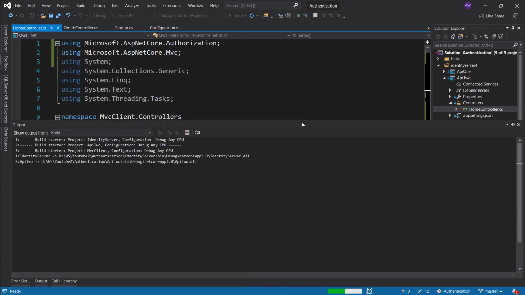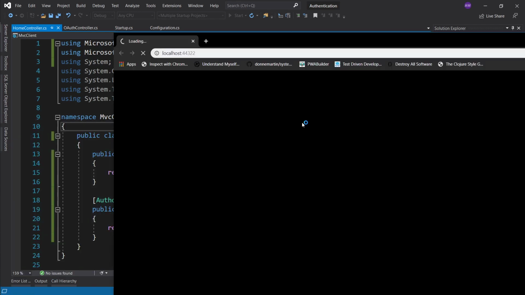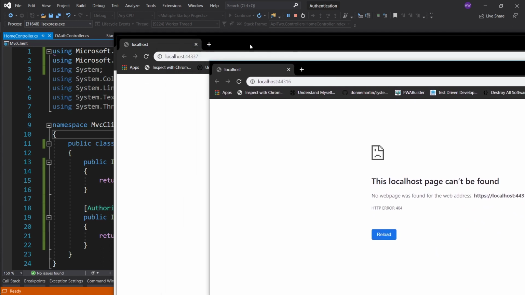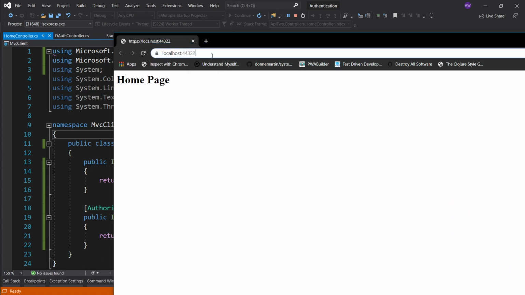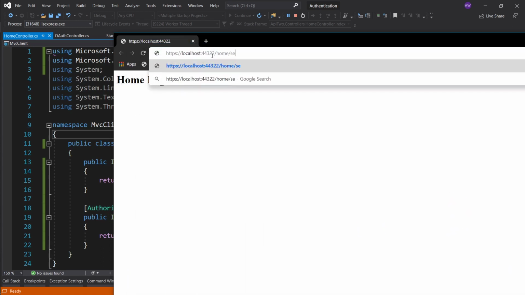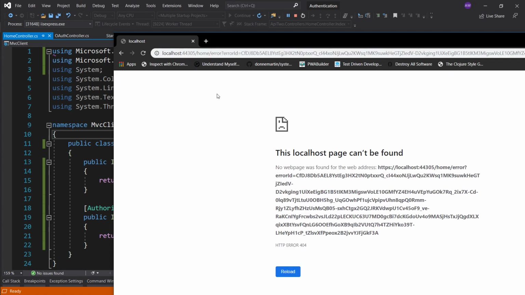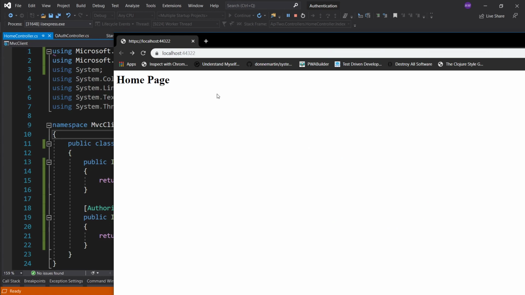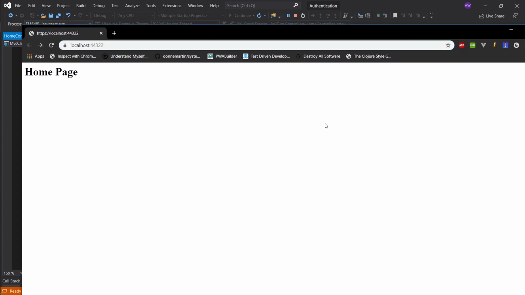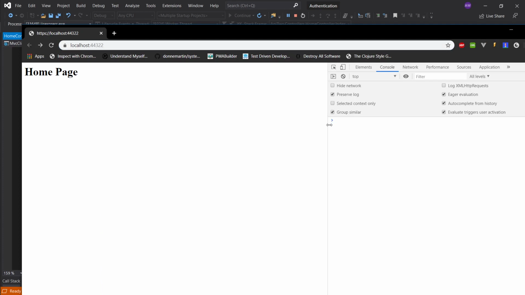So at this point, the goal is to just hit the secret endpoint and try to get redirected to IdentityServer to log in. Okay, so where is my homepage? There we go. So homepage /home/secret. Okay, so that was a little bit too fast for the human eye. So let's go back. You will see the port change, but I will go ahead, open up my console, and